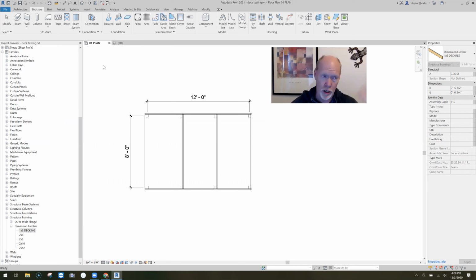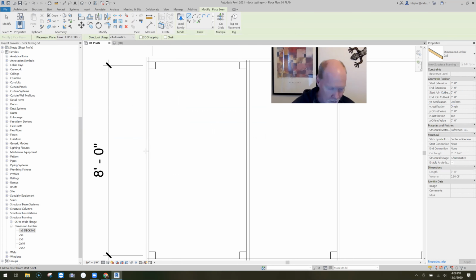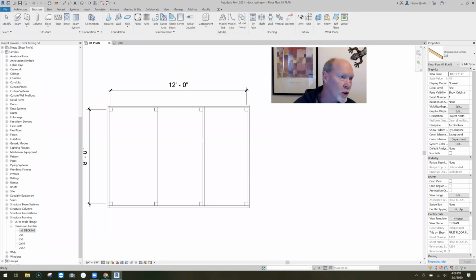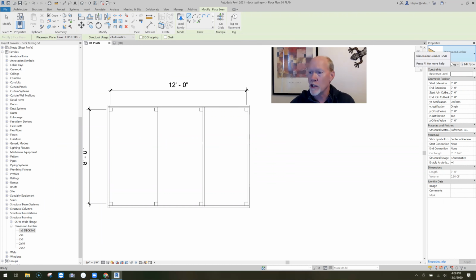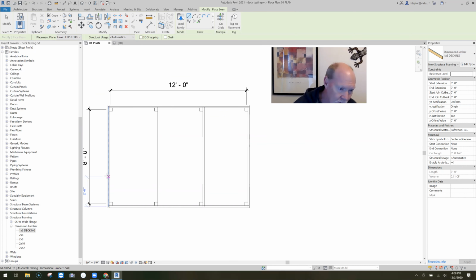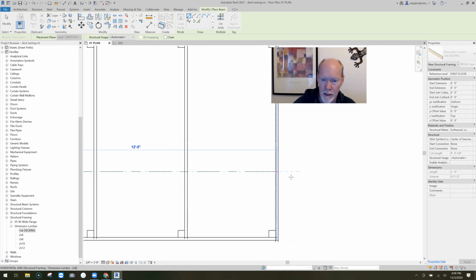Well, let me just show you. You could put a beam in, okay? And let's just say a beam. I'm going to go from here all the way. Wait, I didn't tell you what kind. Go back to structural, hit beam. Over here, I don't want a 2x8. I want to switch this to the 1x6 decking. Boom, okay? And now, if I go from here all the way across,